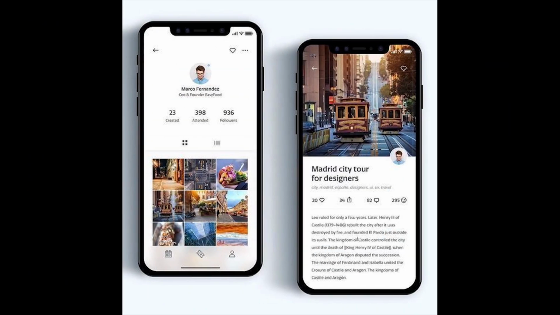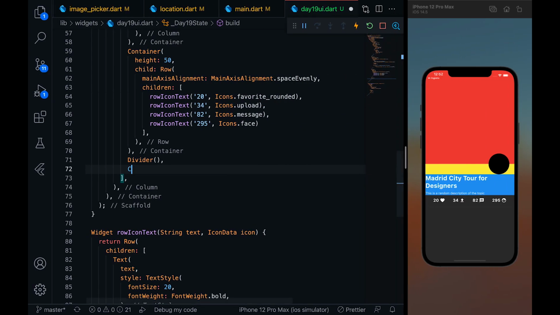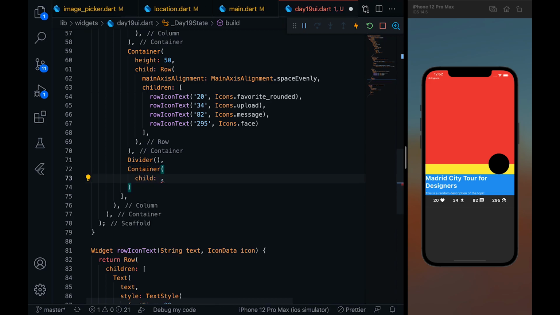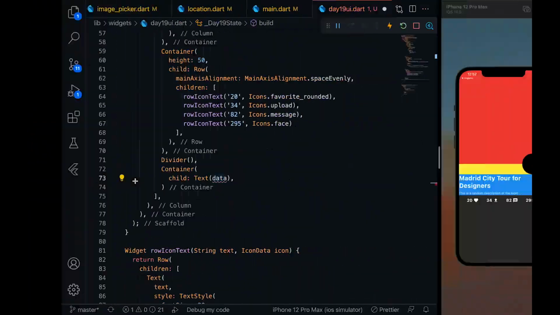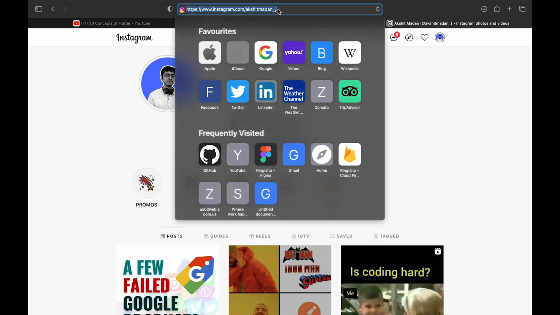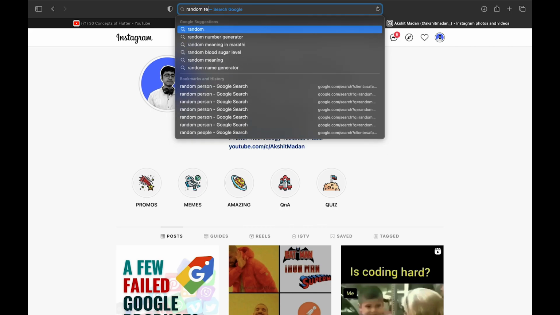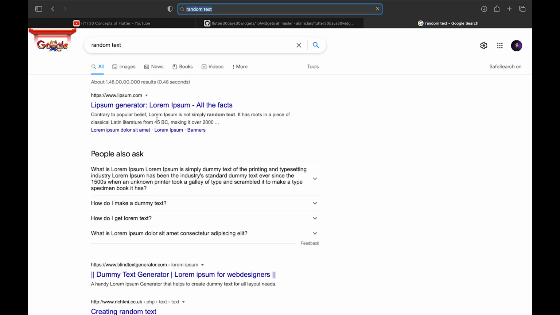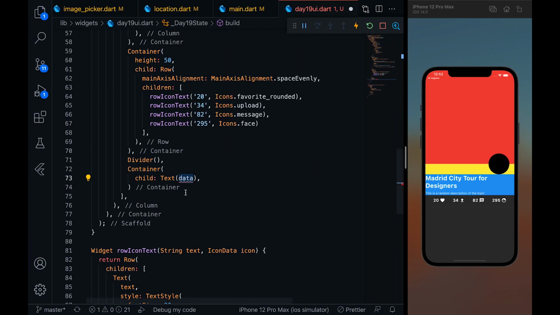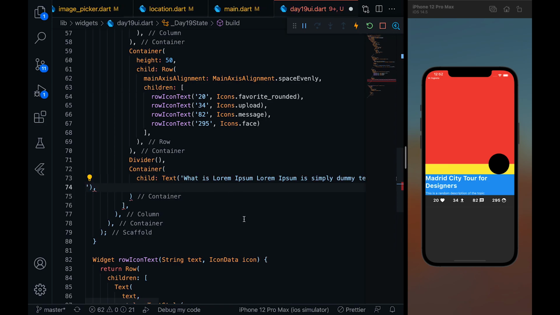So after this divider, we are having a simple text. So let me just put a container child text, and I can just go on internet and type random text, and just give me a random text. So let's just copy this thing and let's paste that over here.